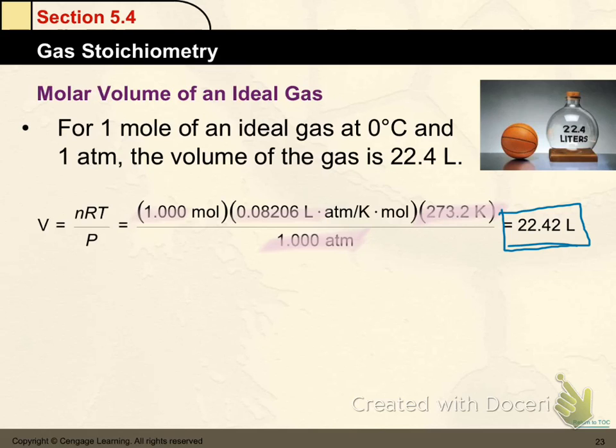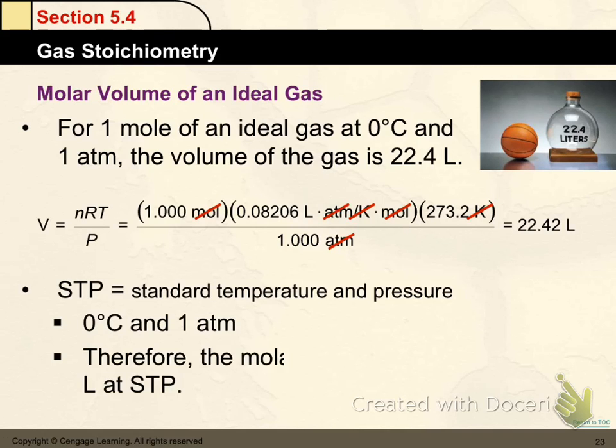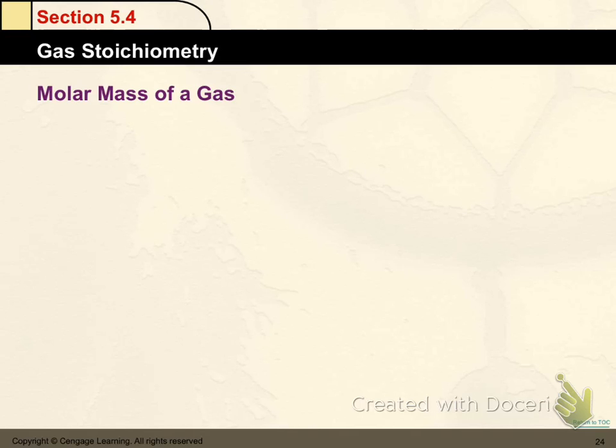Here's an example of how much that is. Here's a basketball. This is a men's basketball. And here's a flask that has 22.4 liters in it. So you see the relative size. That's about a mole of any gas at STP. I also have a cube in my room that will show in class. That's 22.4 liters. It's that size. Okay. And because Avogadro said equal volumes of gases have equal numbers of particles, this is true for any gas. Nitrogen, oxygen, carbon dioxide, carbon monoxide, nitrogen dioxide. Any gas at 22.4 liters is 1 mole. All right. And we call that number molar volume.